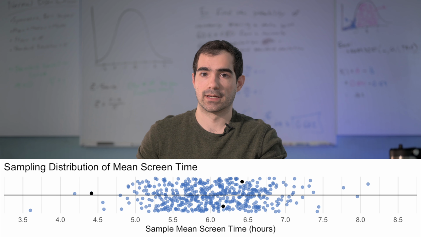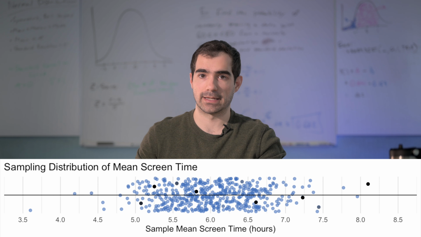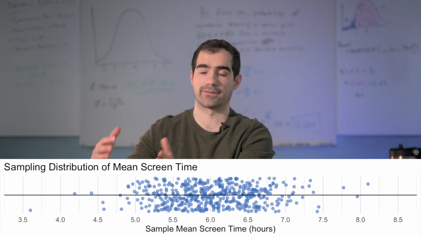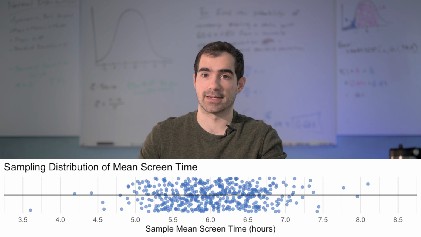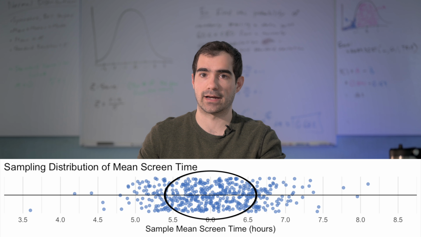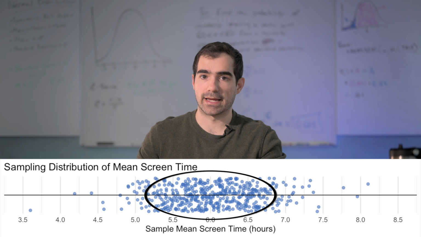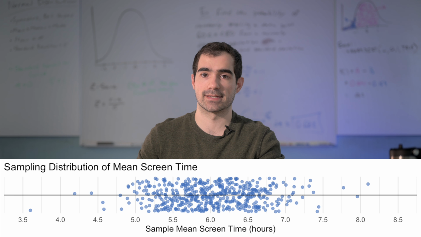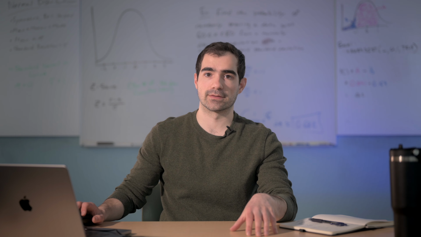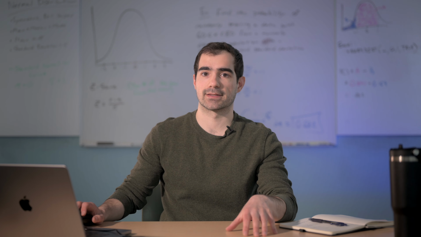Each dot here represents a different sample mean, a different mean computed from one of those groups of 30. Notice first that they're not all the same, but also they tend to cluster around a central value. That spread happens because of the sampling variability, randomness from who happened to be selected in that sample. And because this randomness is unavoidable, we need a way to account for it. A confidence interval is how we deal with this.